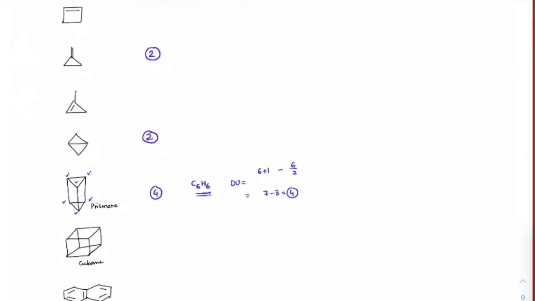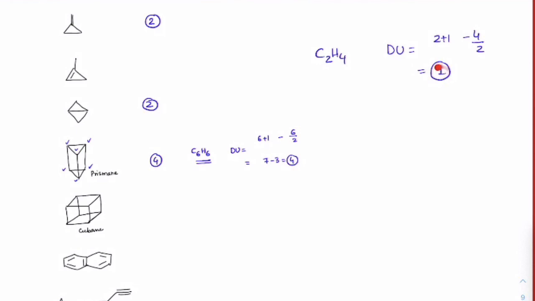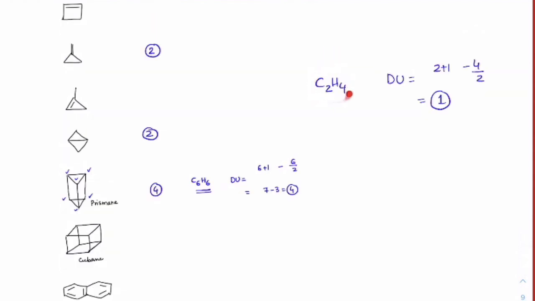Very good question, beta. That's a very important question, everyone. So he has a very valid point. Everyone check it out: C2H4. Whoever has asked, please check this carefully. If I calculate the degree of unsaturation, I get 2 plus 1 minus 4 by 2, which is 1. And the degree of unsaturation is 1. What does this mean? I told you this is equivalent to one double bond, correct?